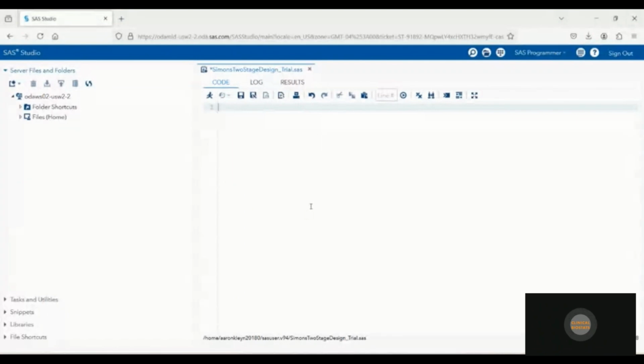Hi and welcome back. And now we'll be creating a Simon's two-stage design in SAS Studio to create a data frame that contains all of the trials that comply to particular parameters that we pre-specify. So for the first line of code, we'll create a macro with the statement macro